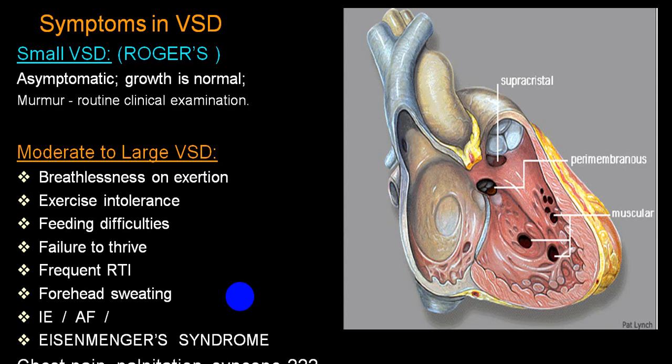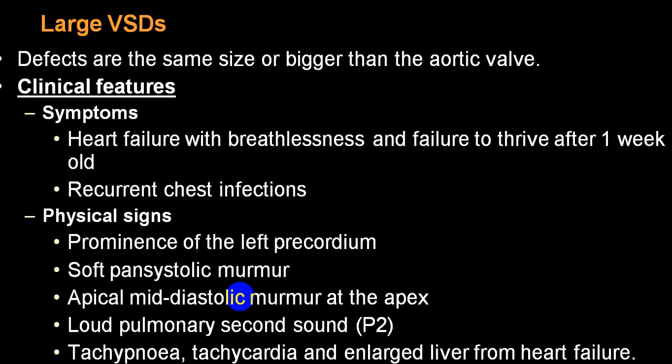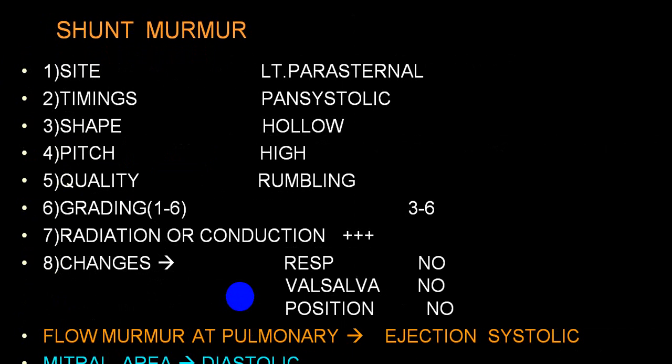While Roger's is usually asymptomatic, at the maximum you hear a murmur. This we have already mentioned, so I am skipping over. The murmur is very frequent because of a large VSD or a medium-sized VSD. It will be a parasternal pansystolic murmur, a harsh murmur, also described as a rumbling murmur. Grade-wise, it is usually 6 by 6 in large defects. Also in Roger's defect, the murmur can be loud enough and radiates over a very wide area, with no change with respiration, Valsalva, or different positions.